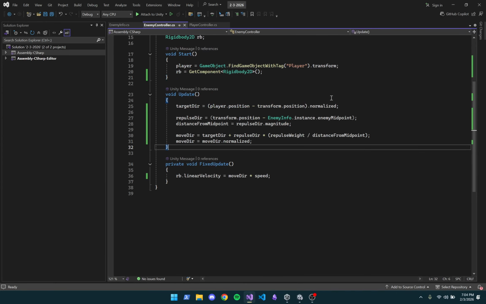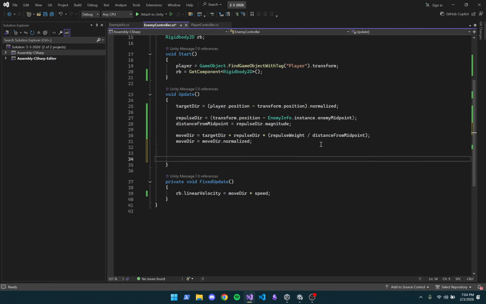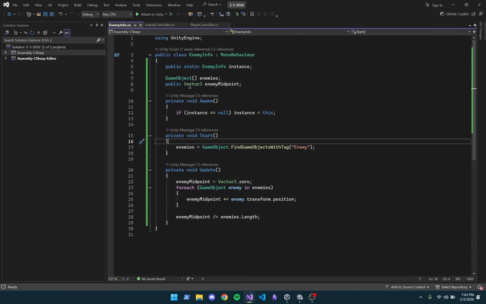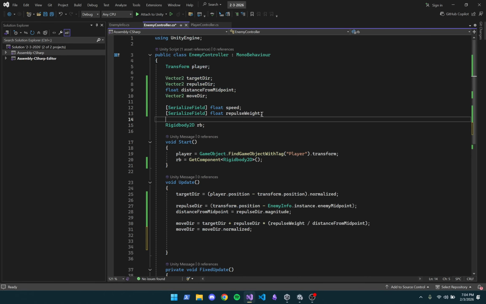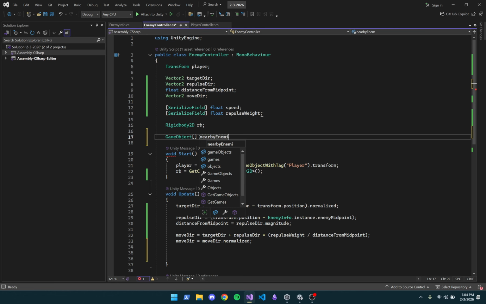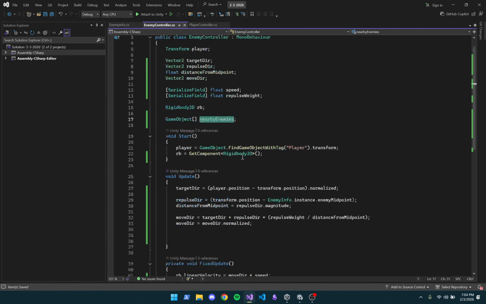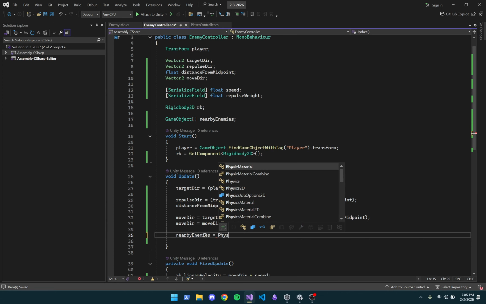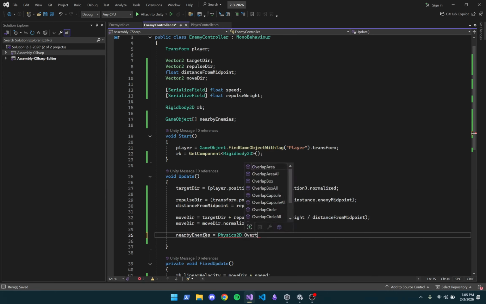So the way you would do this, we won't implement this, we'll move on to something else, but exactly the way you would do it is, in the same way that we got our enemy midpoint here, we would have a game object of nearby enemies, and we would quite literally just say nearby enemies is equal to Physics2D.OverlapCircleAll,